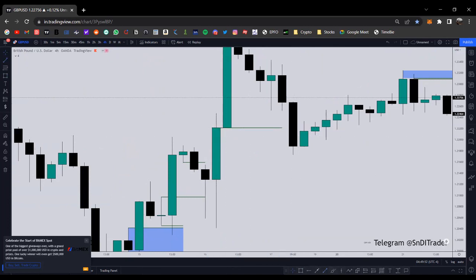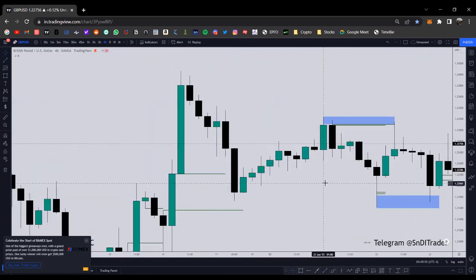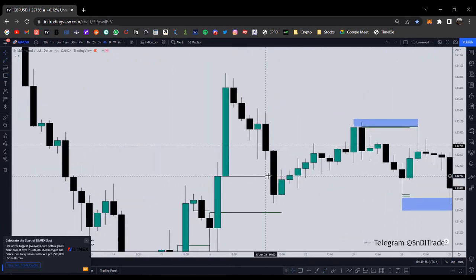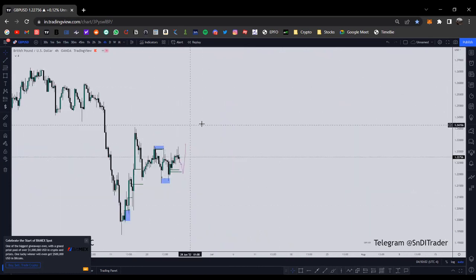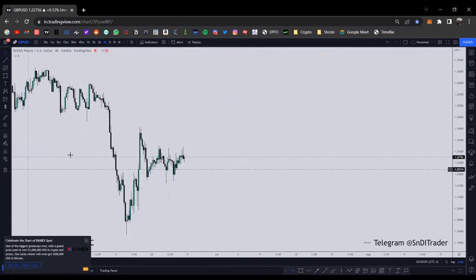All right, so see, we have another fair value gap here from this low to this high. So that is how we consider the fair value gaps. Okay, so fair value gap is also a very important topic for you to understand. And we have another fair value gap in here, that is this. So this might get filled as well